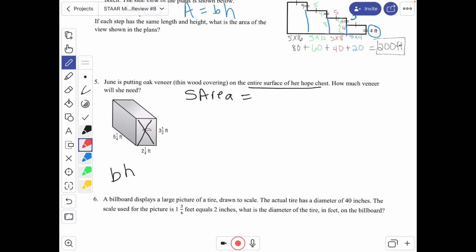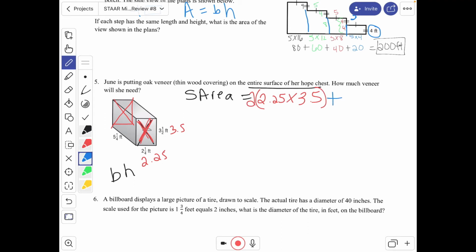So this would be, and I know you like to change them to decimals, so let's just go ahead and change it to a decimal. That would be 2.25 times 3.5. But don't you think that this side is probably the same as that one on the back that we can't quite see? So this will be times 2